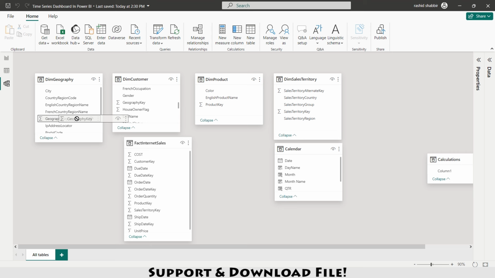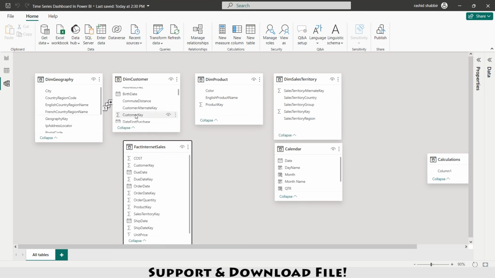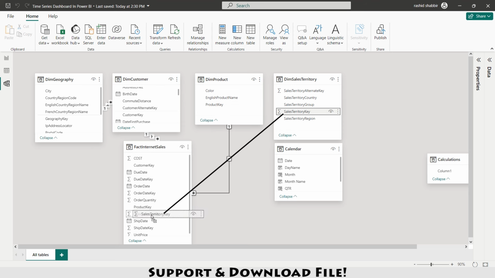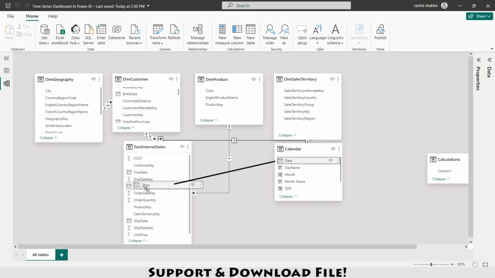So I'm just selecting this one and connecting it with this geography, this customer key to this customer key, this product key to this product key, this sales territory key to this sales territory key, and this order date with this date. So now as you can see these dimensional tables are showing one on their side and on this side